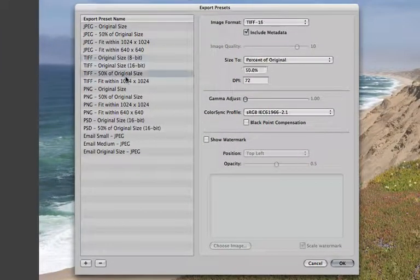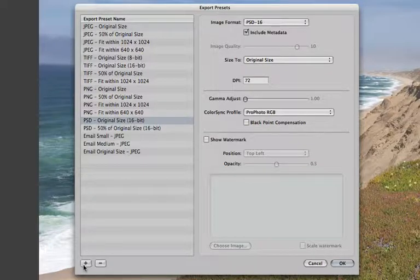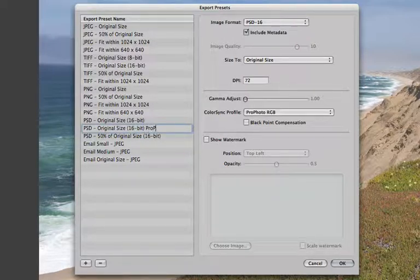As I scroll down here, you'll notice that I can send out some PSD files, original, and that ColorSync profile, same as what we saw in Photoshop, right, in the general defaults, is set for sRGB. Just like inside Photoshop CS3, when we had the general defaults and we changed that from a small color space, sRGB, to a larger color space, say ProPhoto RGB, I'm going to do that again here. Maybe I don't want to add black point compensation just yet on export. Probably want to do that when I actually print the file. I can keep the original size, and then I can add this as a copy, and I'm going to rename it ProPhoto RGB